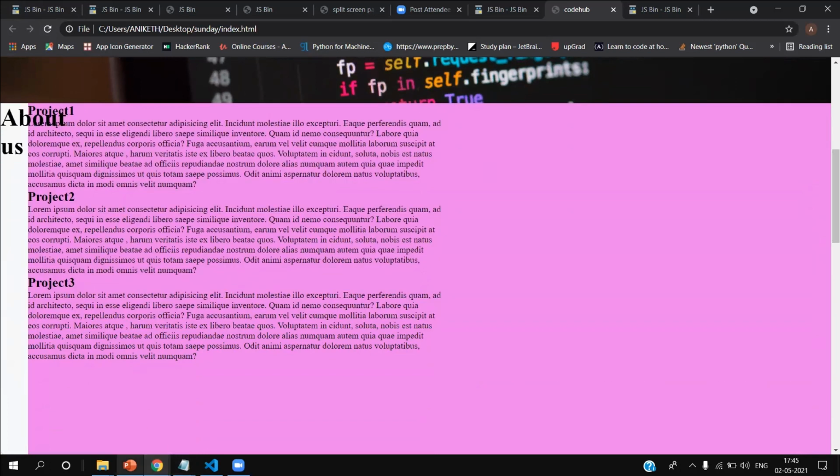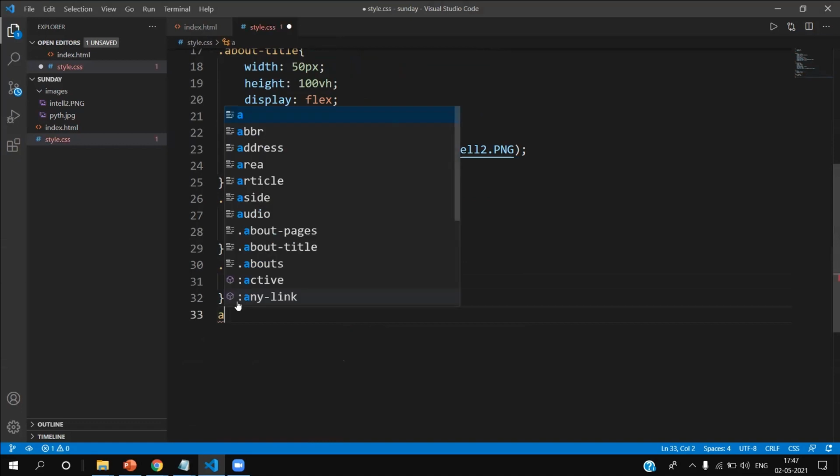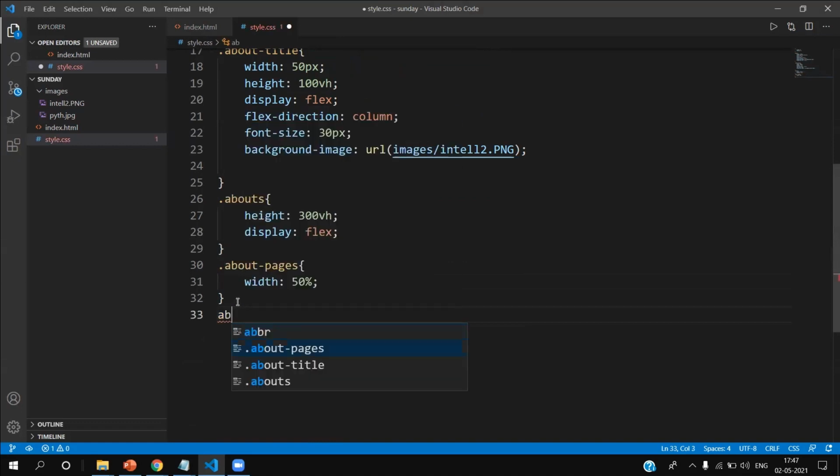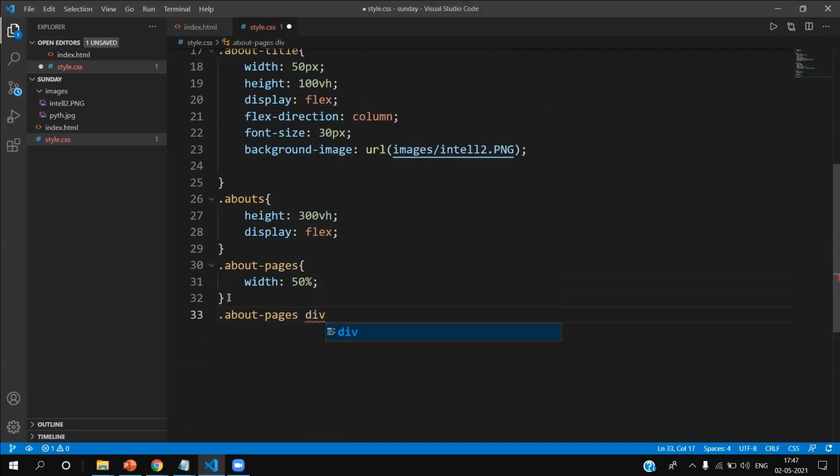Now let's do it. Let's take about page, about pages, div about pages. In about pages, we created 3 divs, right? We didn't give any name to them.